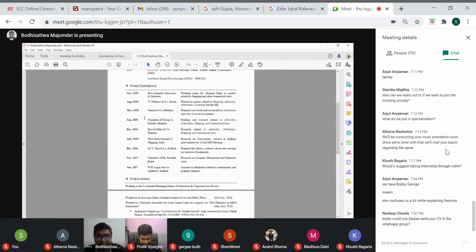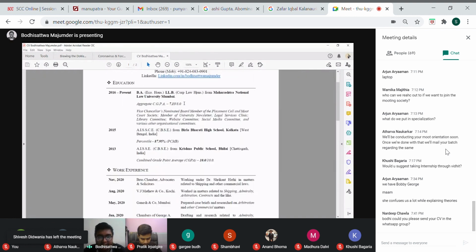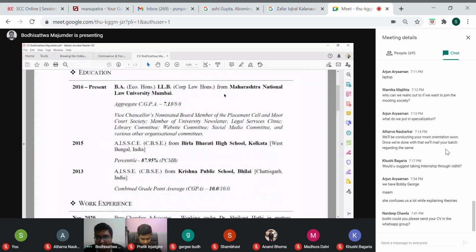I'll correct it. So this is my degree. Mention this. You guys are economics honours students. Mention it. And for LLB, you will choose either corporate law or constitutional law, but that's a different thing. Don't write it right now. From Maharashtra National Law University in Mumbai. So what I have done is I have highlighted certain things. I have highlighted the names, I have highlighted the marks, and I have placed these in italics. These kinds of small formatting changes make a big difference.